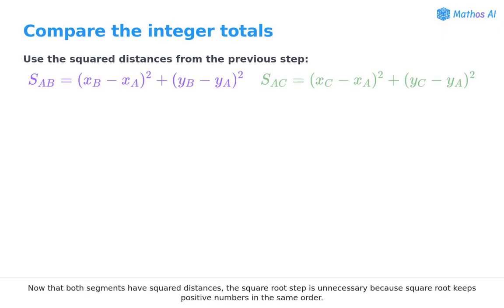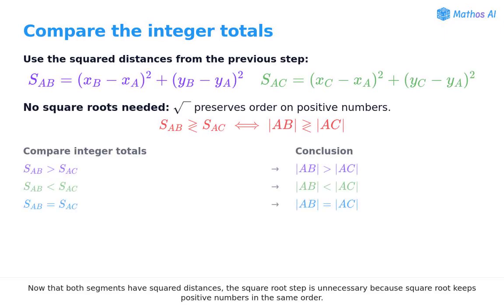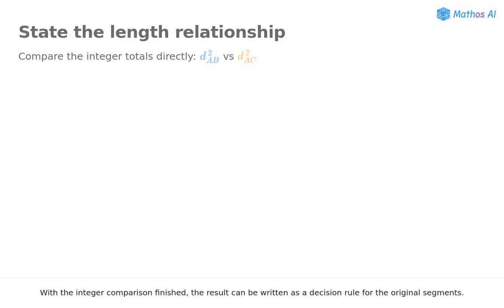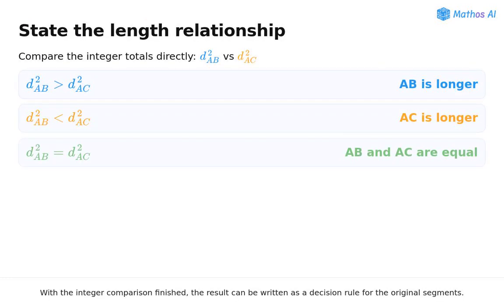Now that both segments have squared distances, the square root step is unnecessary because square root keeps positive numbers in the same order. The larger squared distance belongs to the longer segment, and equal squared distances mean the two segments have equal length. With the integer comparison finished, the result can be written as a decision rule for the original